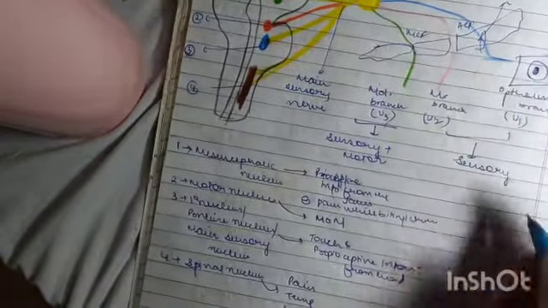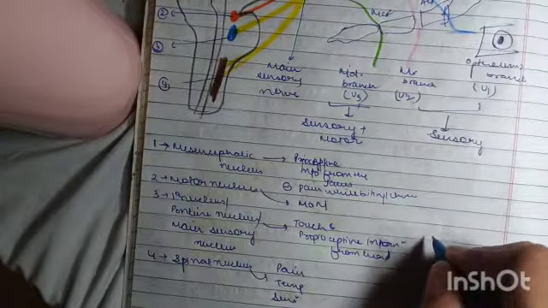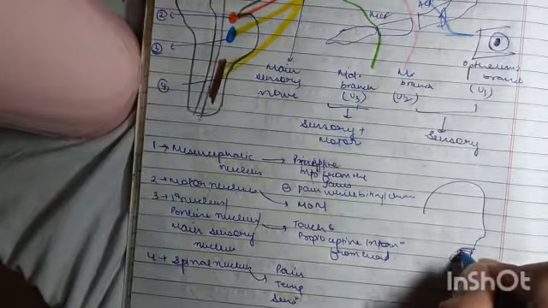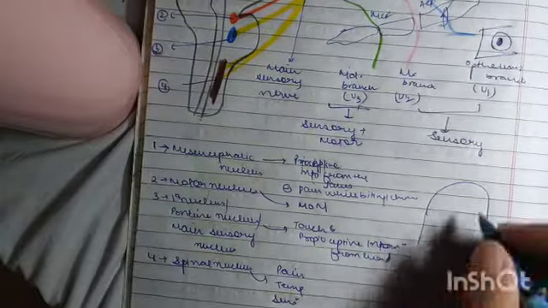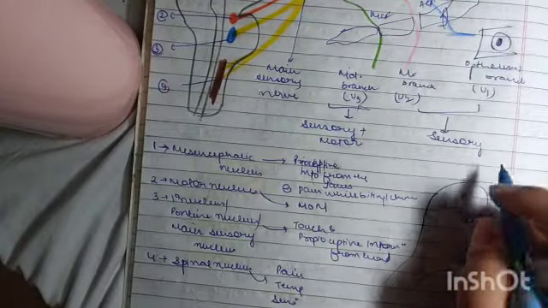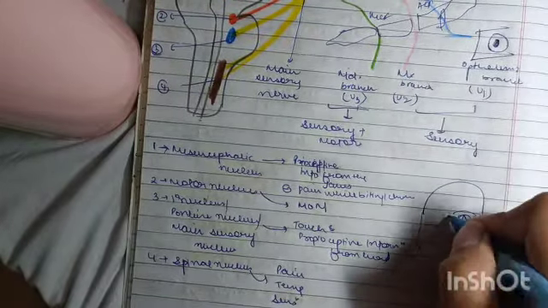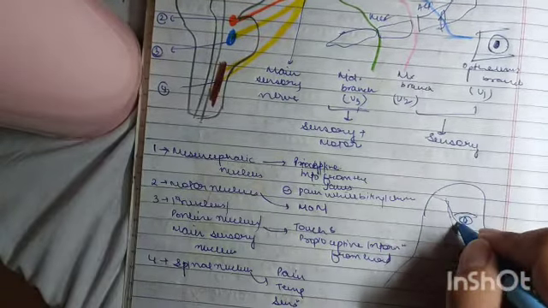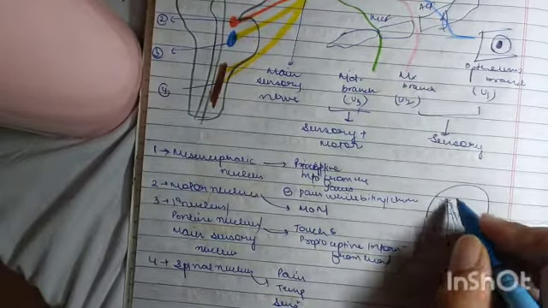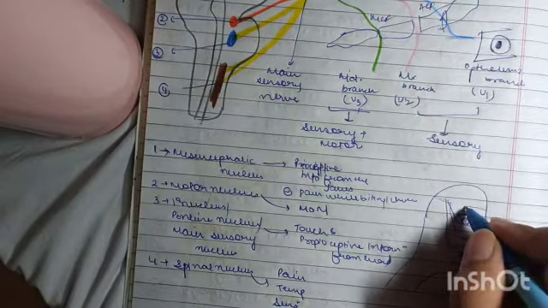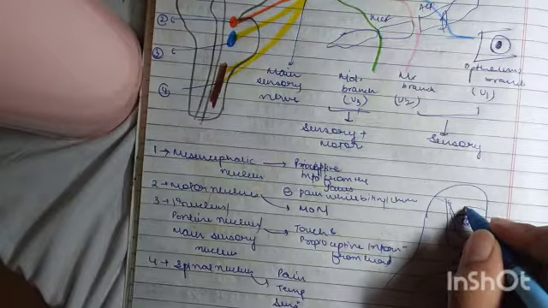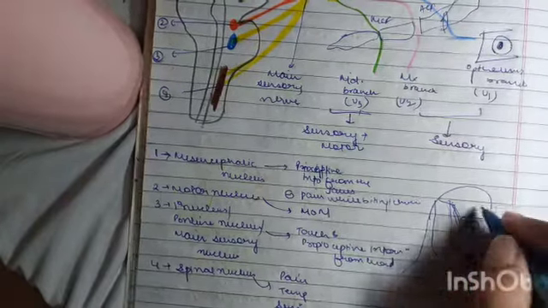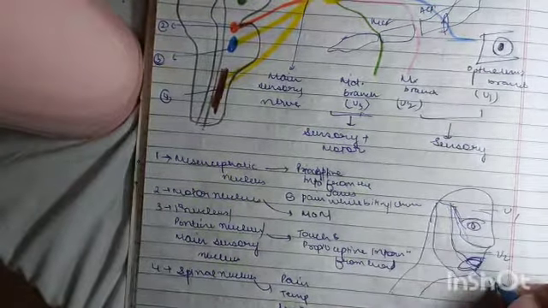Now this can also be labeled as the main sensory nerve. You can also understand the supply by this diagram. Oh my god, I drew the lips too long or too big. Suppose we have this, so from the nose first we will draw, and then it will go like this, then like this. So V1, V2, V3.